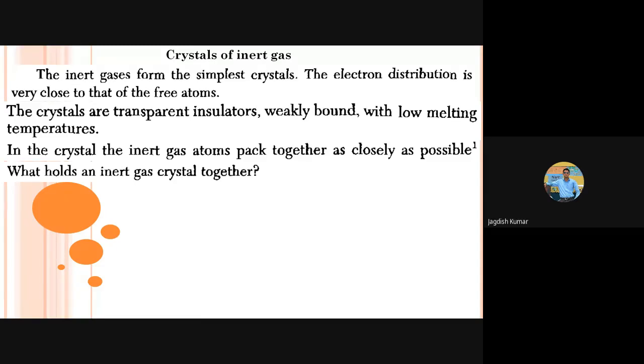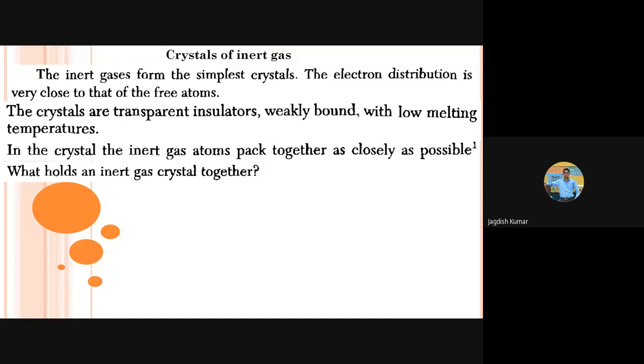Because those inert gas atoms are spherically symmetric, right? There is a nucleus centrally located, and the electron distribution is symmetric around that nucleus. So there can't be a dipole in that case. There can't be a dipole formation because the center of charge for positive and negative in case of symmetric charge distribution is going to be exactly the same. Whereas for dipole formation, there should be separation of the charges, isn't it? 2 charges should be separated.